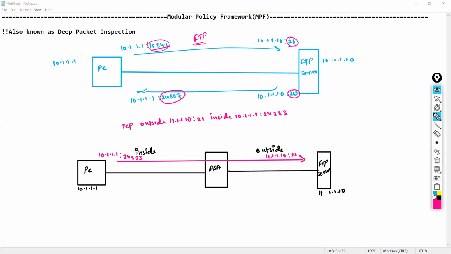But let's consider when this FTP server will initiate a connection on port number 20, from port number 20. So it will use source as 11.1.1.10, port number 20, and it will try to access a port number that is opened by the client. So how will the server come to know what is the port number the client has opened for FTP data